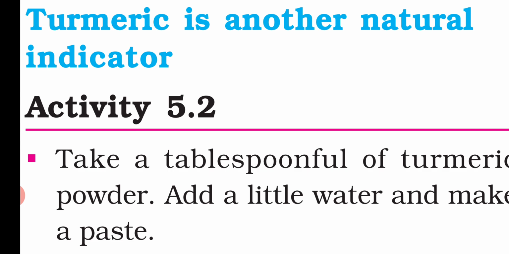Whenever we have to detect whether a solution is acidic or basic, we have to take two solutions. That means in two test tubes we take the solutions, and after that we place a small amount of either turmeric or a paper dipped in turmeric. Only when the paper dipped in turmeric, or the turmeric itself, is put inside the basic solution will it turn red. If it is an acidic solution, there will be no change. In that way, we can detect whether a particular solution is acidic or basic, because we know that turmeric changes its color only in a basic solution, not in an acidic one.